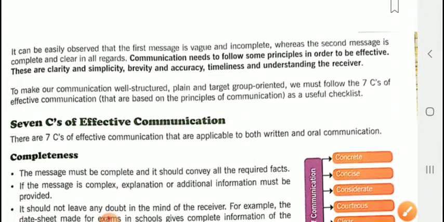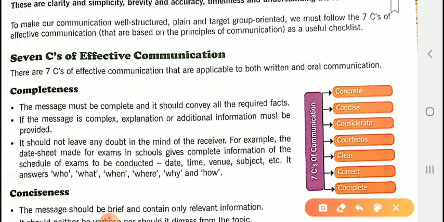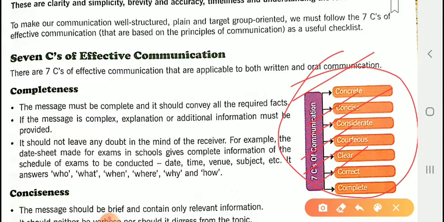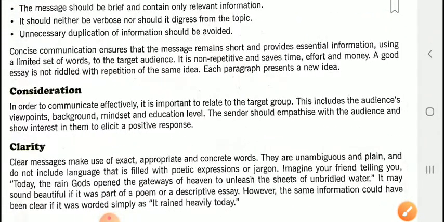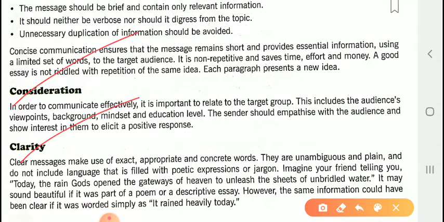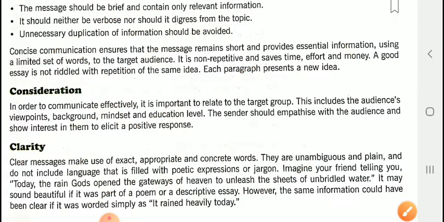Okay, so we are discussing the 7 C's. How can we maintain discipline in school or any other place, any other organization. These are concrete, concise, considerate, courteous, clear, correct, and complete. Like that, we have to follow the 7 C's. Without that, we cannot get specific results in communication, and we can do effective communication with the help of all these things. You have to understand and read it.